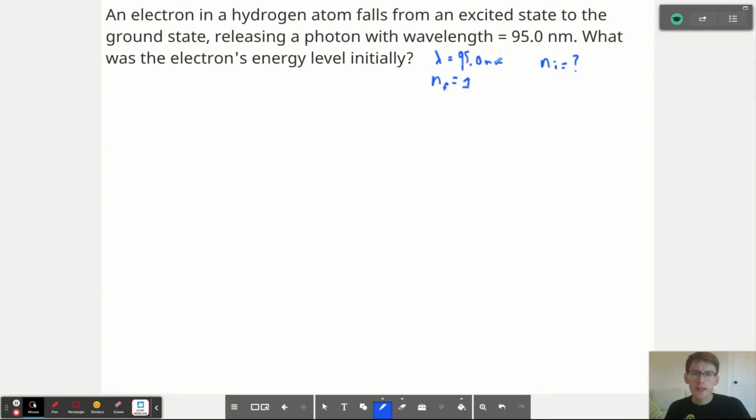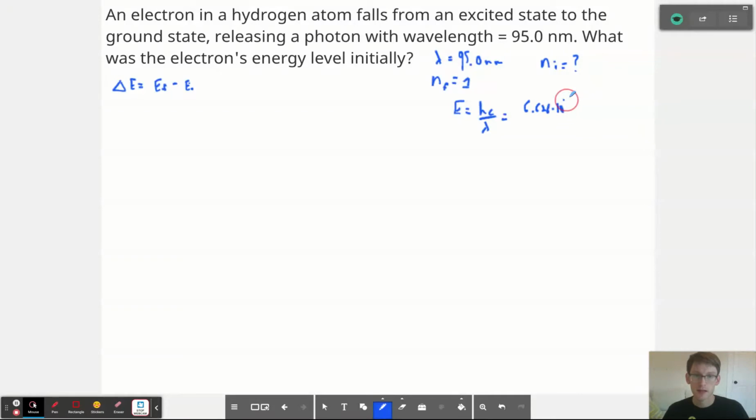So I'm going to need to use my Bohr equation. I need to know delta E equals energy final minus energy initial. I need to use that, but I don't have those energy values. And I don't have the value of delta E, because I only have the wavelength of the photon that's released. So I'm actually going to need to figure out the energy of the photon, which is equal to hc over lambda,